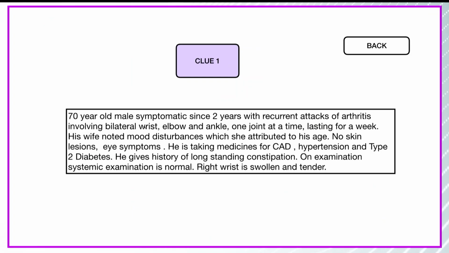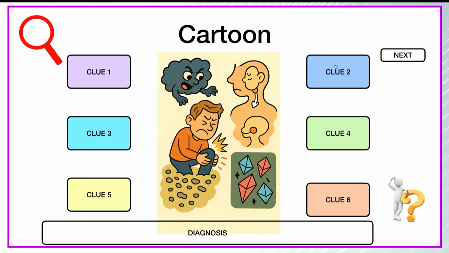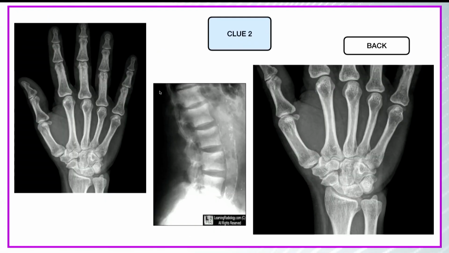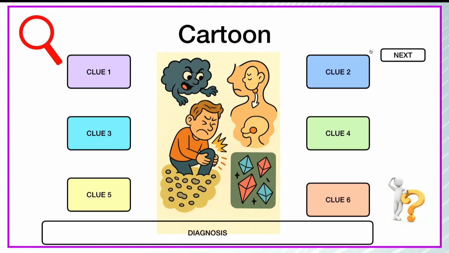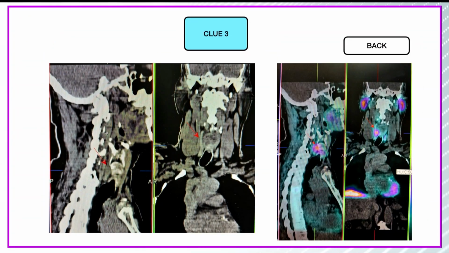This is a 70-year-old man with recurrent episodic arthritis. But that is not the full picture. CPPD, what is this? This is the CPPD crystal deposit in the TFCC, and this is Rugger jersey spine, and this is the parathyroid adenoma causing hypercalcemia,